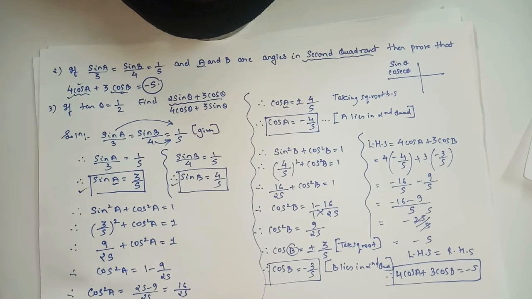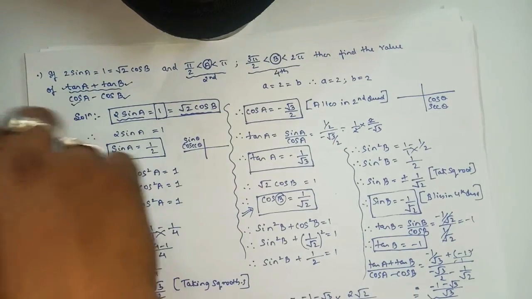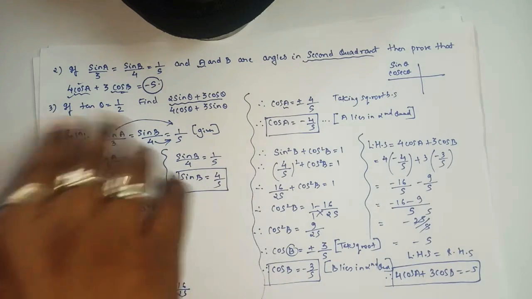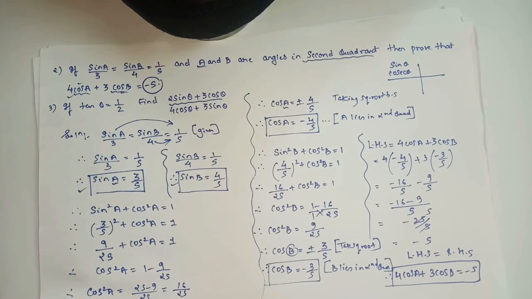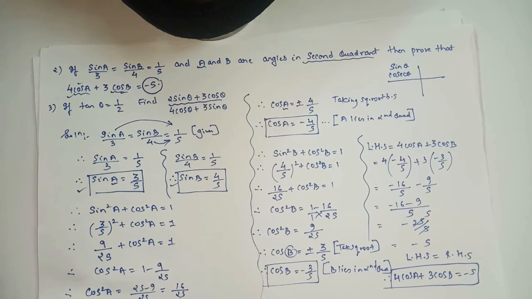I hope you all understood the second sum also, and even the first sum of your exercise. Okay, so actually both the sums were similar, but here simply we have to find the value for this particular pattern, and here we have to show that so and so are equal. So that was question number 1 and question number 2 from exercise 2.2. I hope you all understood both the questions. Now let's move on to the next question, number 3.